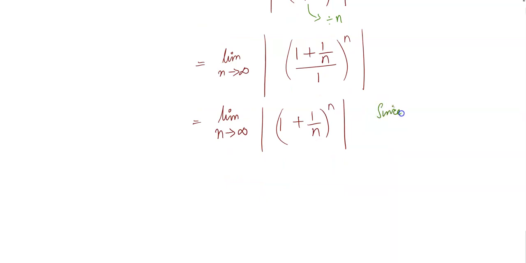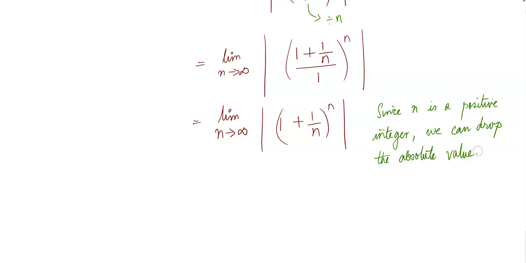So I'll just say since n is a positive integer, we can drop the absolute value bars. All right. Then